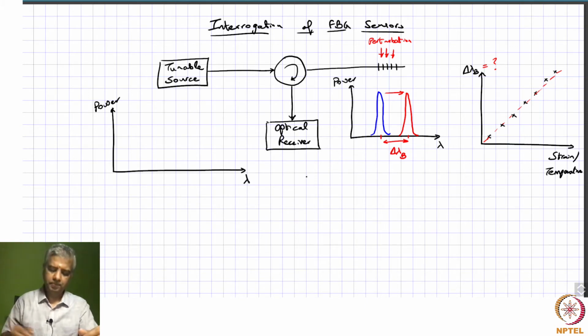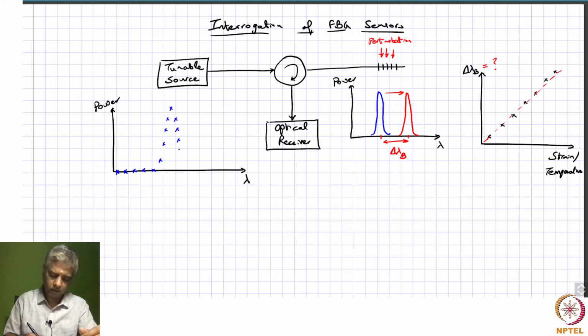So you can say, I tune to this wavelength, and I see very little power reflected by this grating. I tune to this wavelength, I still do not see much power. This wavelength, I can keep going on until you start getting close to the